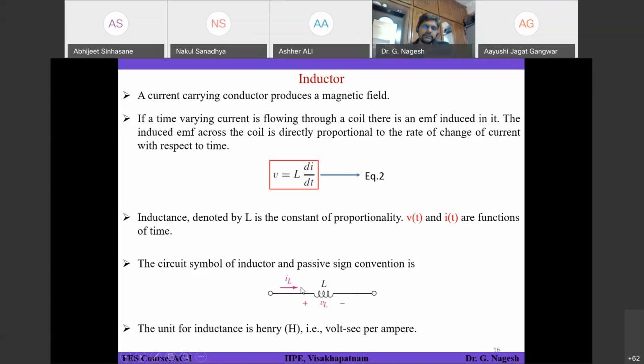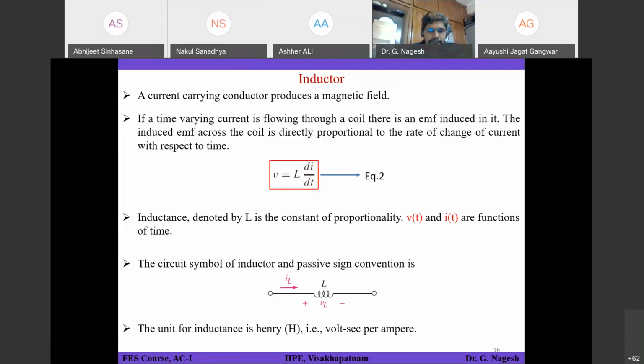So the charging and discharging concept we will talk about only during transient times, that means mostly in DC circuits. In AC circuits, you have positive and negative half cycles. I_L is an alternating waveform here. During the positive half cycle, for this polarity, it is charging, and during the negative half cycle, for this polarity, it will be discharging. You understand? Because I_L is positive or negative, both processes are possible.